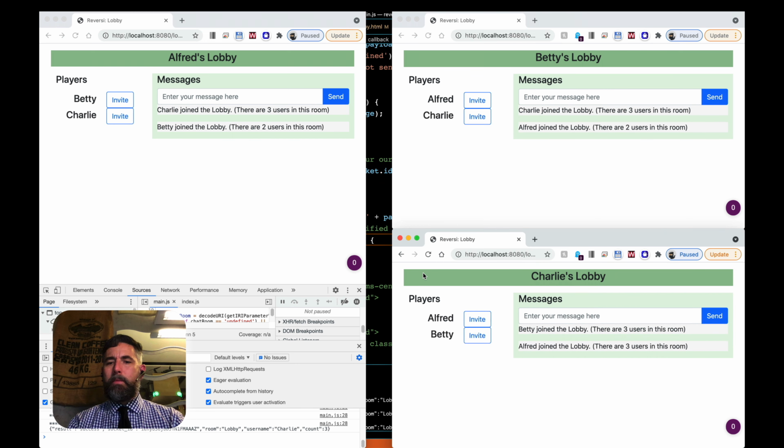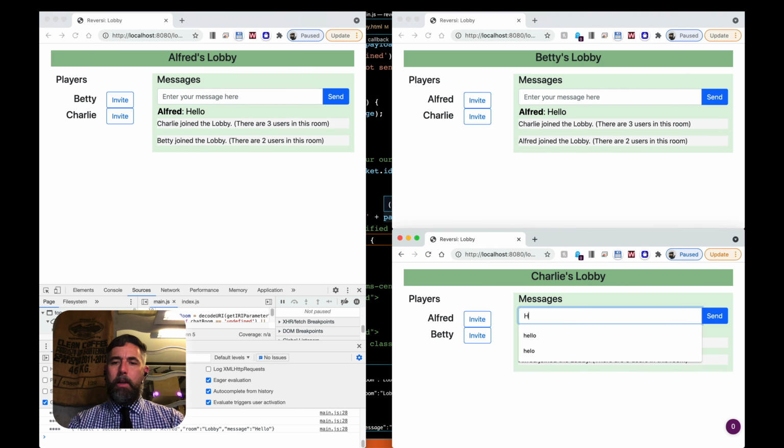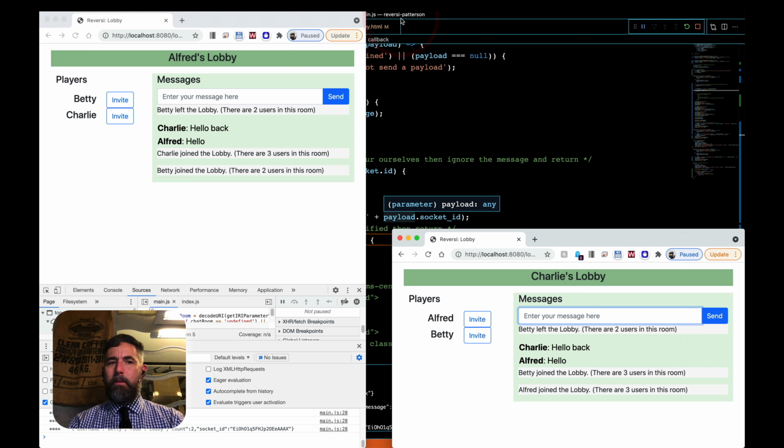All right, great. So it's working really well. Alfred sees Betty and Charlie arrive. Betty sees Alfred and Charlie sees Alfred and Betty. We can say hello, and the message shows up for everyone. And someone else can say hello back, and that shows up for everyone. And then if someone leaves the lobby,